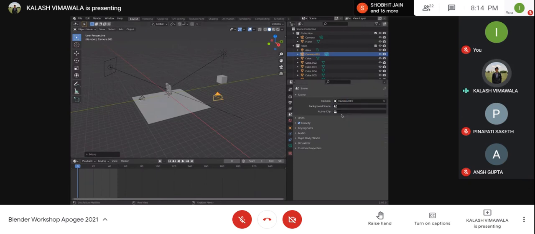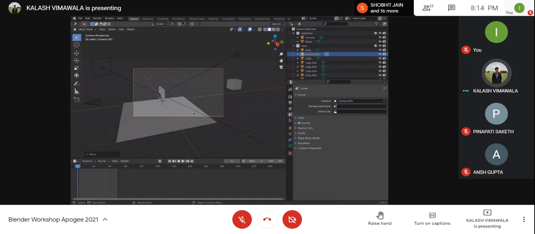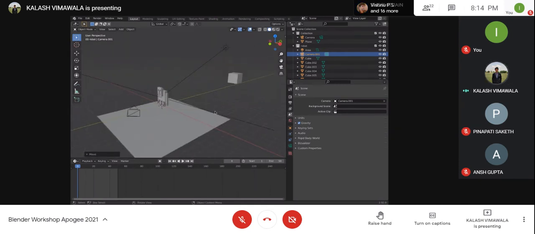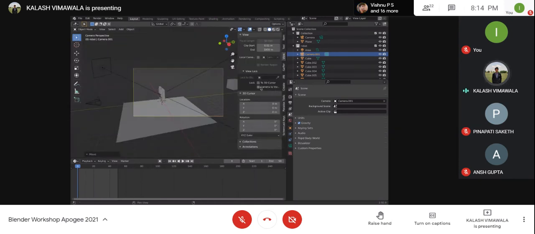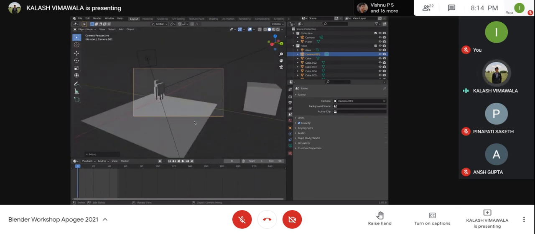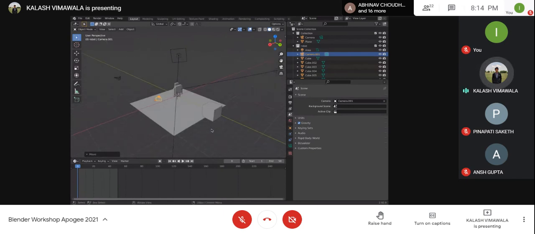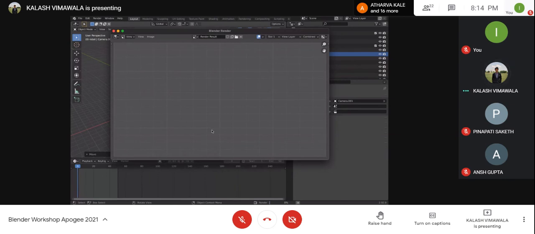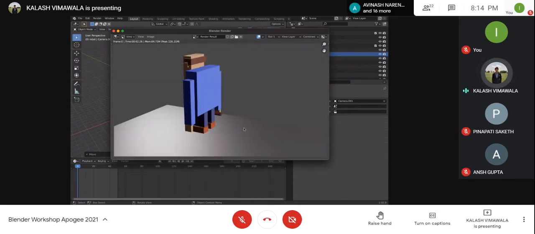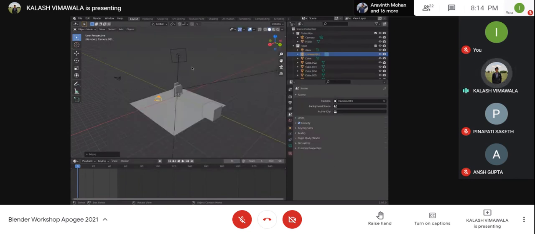So I go ahead and select this one. I go into camera view. I rearrange this. All right, go ahead and lock camera to view. I go to the back of this scene, some place like this. I'll lock this off. Here you go. And now if I render this, press F12, render the image, then the image that you will be getting is from the second camera and not the first camera. Okay. So this is how this changes. What camera you're using, that matters.